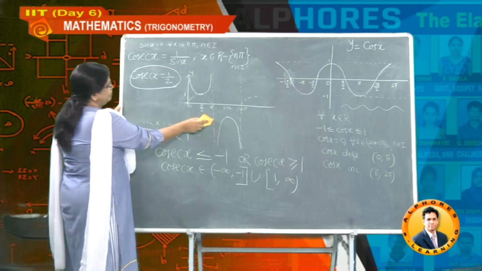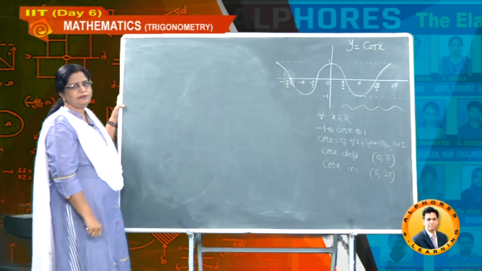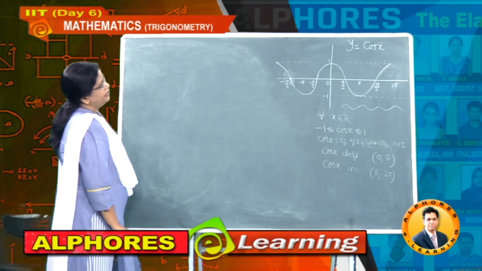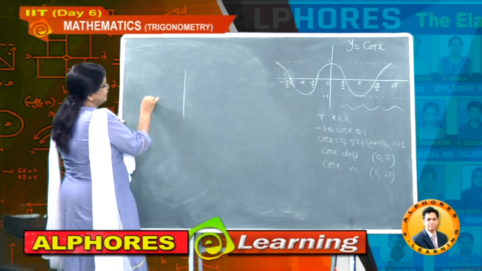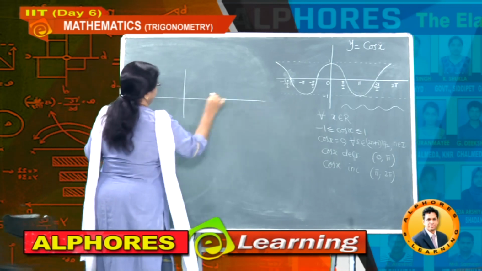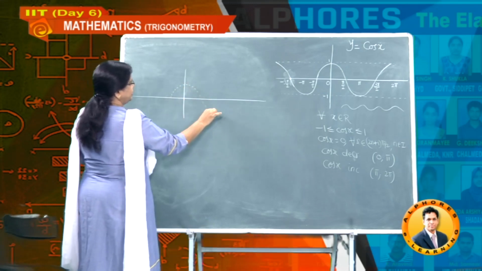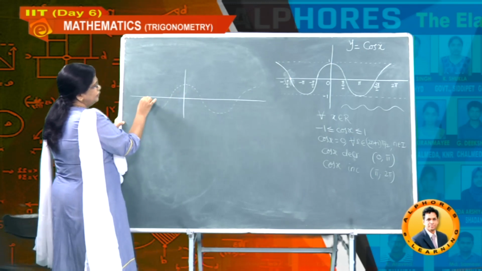Now let us do the secant graph also. Let us take the help of the cos function. If you take the cos function, students, then y is cos x here. Now just take the graph of the cos function roughly here, and this one is cos. As I said, take it in dotted lines for the secant graph. I am taking it in dotted lines, okay.